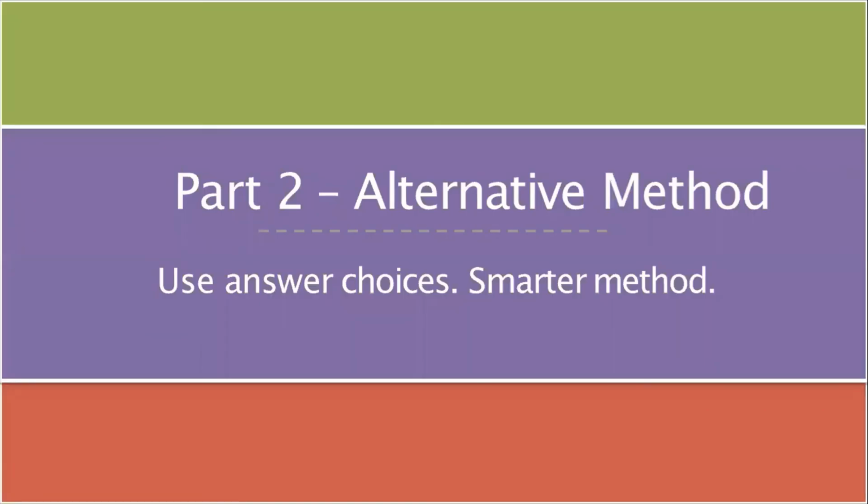So an alternative method, using the answer choices, is a smarter method. Can you think about another way to find the answer? Any idea this time? Well, no other method, but you could use the same thing and do